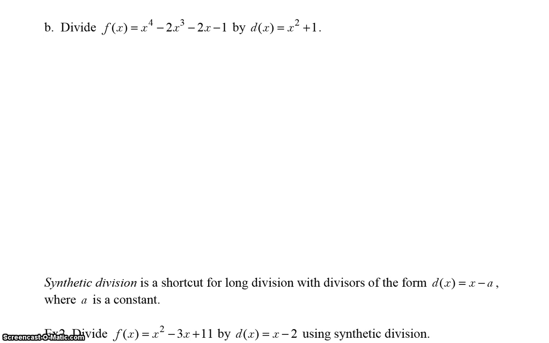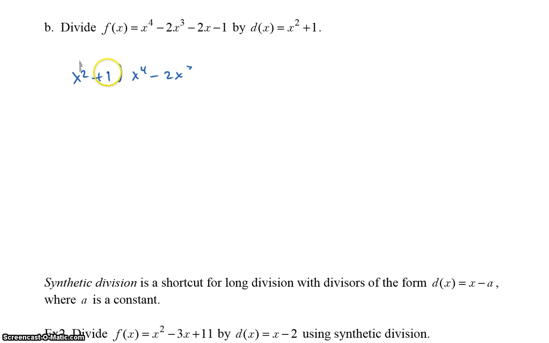Continuing with section 3.3, let's look at example 1b as another illustration of the long division process. So we have f of x equals x to the fourth minus 2x cubed minus 2x minus 1. We want to divide that by x squared plus 1. So let's get things set up. Our divisor is x squared plus 1. We're dividing that into x to the fourth